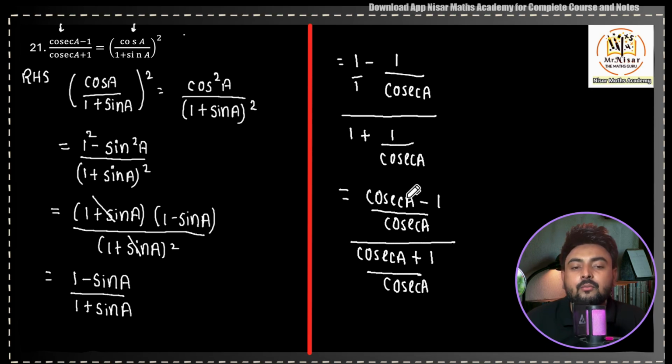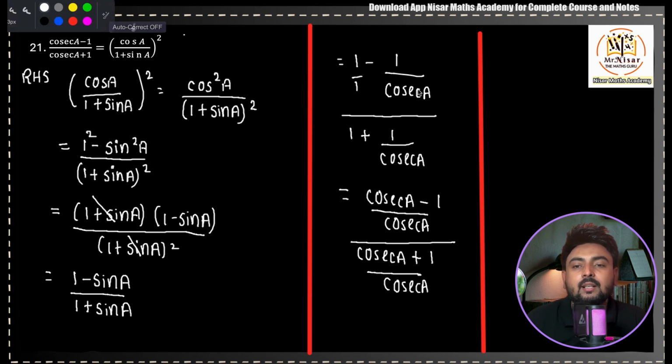Then a fraction divided by a fraction. What is the next step? A fraction divided by a fraction, what we do? We take a reciprocal. So our next step it will be